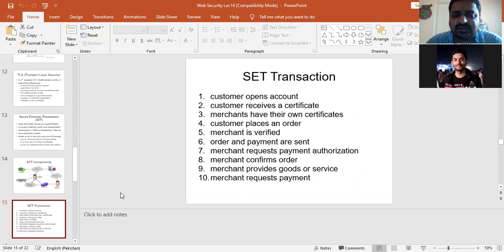For example, a customer or user will open an account, and after opening an account, it will receive a particular certificate. Once it receives a particular certificate, it will verify the user as well, and it can now place some order. In this way, if any device at the shop receives a particular certificate from that, it will also verify that. So after verifying the cardholder, for example,